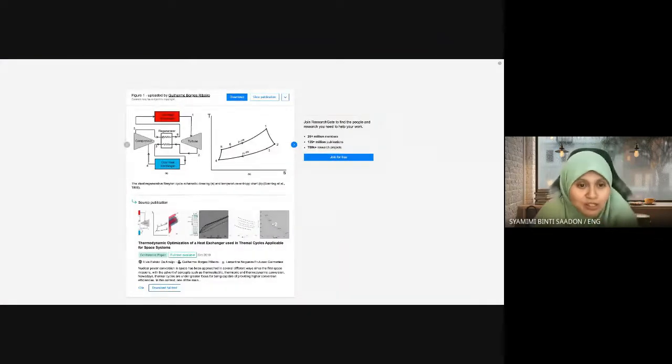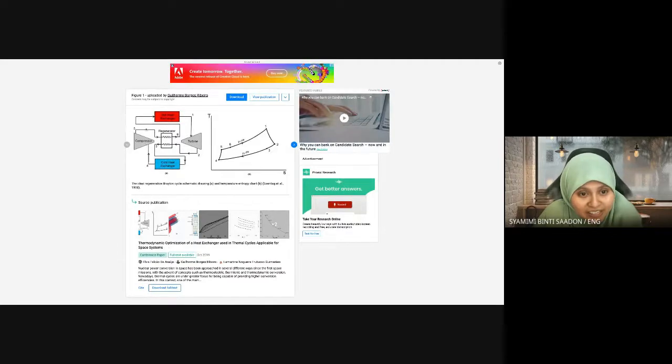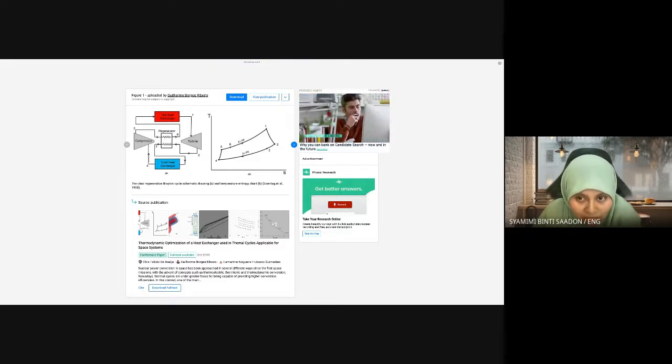Okay, so here, this is the basic cycle just now. Compressor or pump, and hot heat exchanger, which is the boiler, right? Okay, and then turbine, expansion, and this is the condenser. Okay, these four are the basic cycle that I was talking about. And then in order to increase the performance, the thermal efficiency of the basic cycle, one method is that we add a regenerator to the cycle.